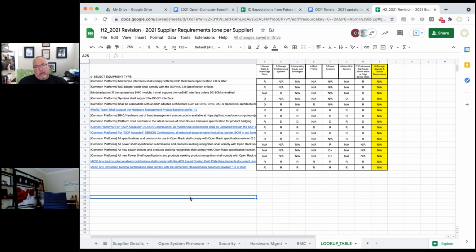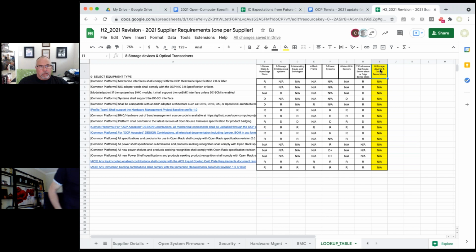So again, if I go back and look at the category of storage devices, optical transceivers, and we can throw cables in there, I don't think any of these apply, which would say that now we're back to a basic electrical mechanical specification, maybe a description of the behavior of the device.